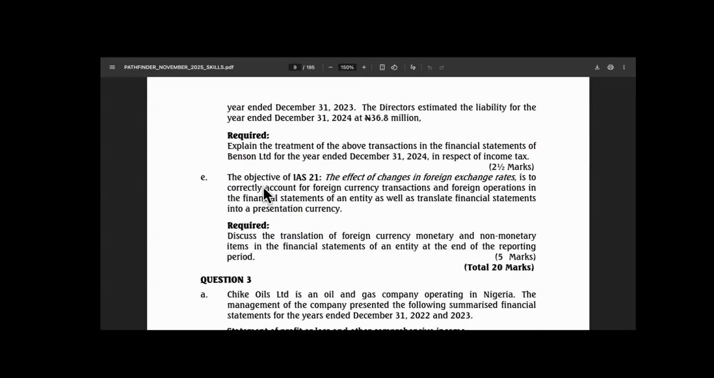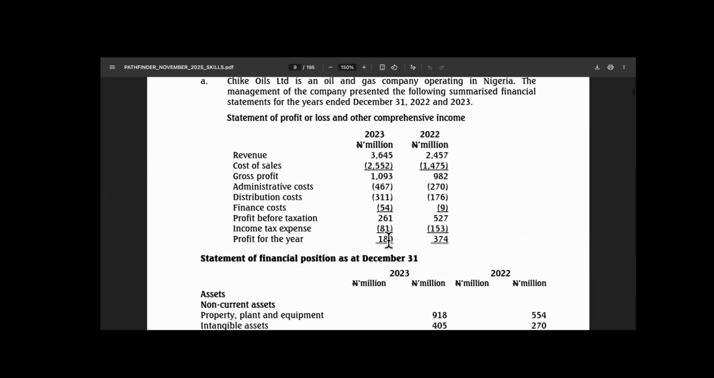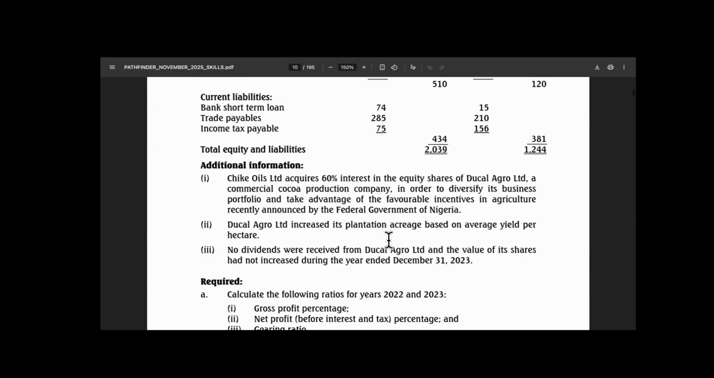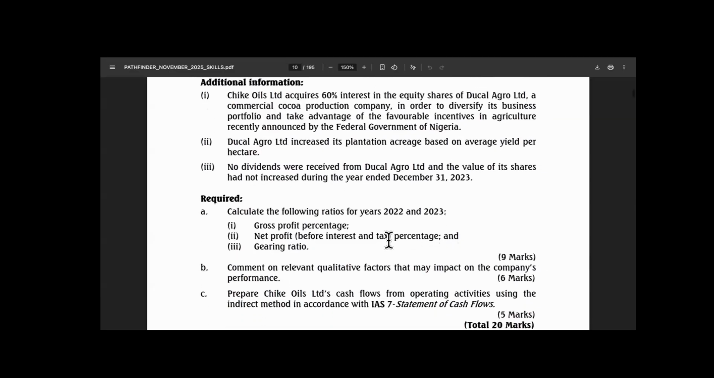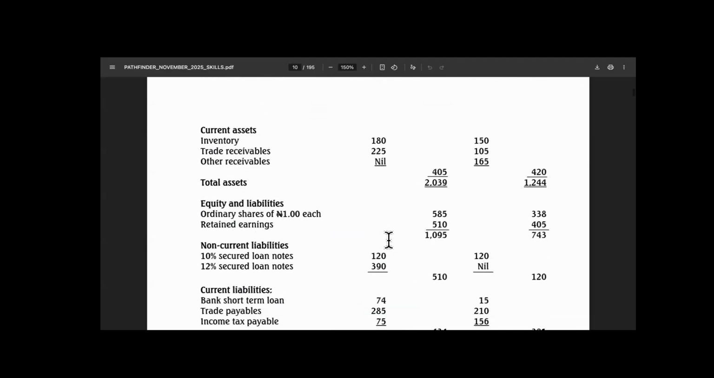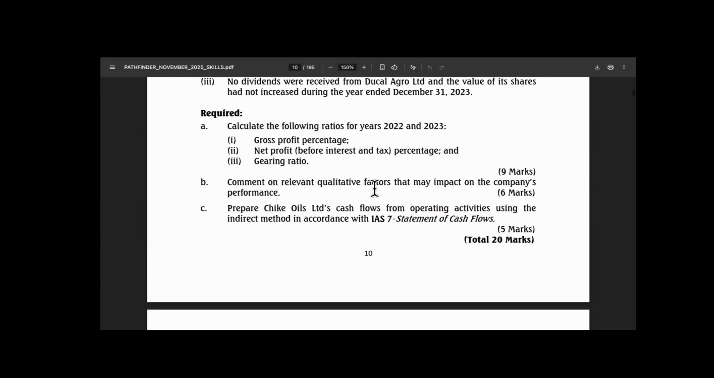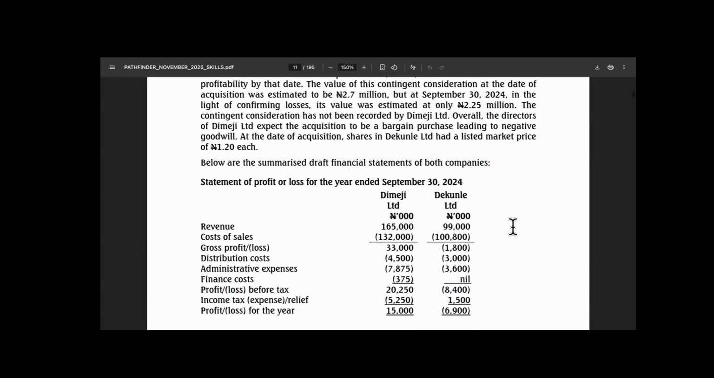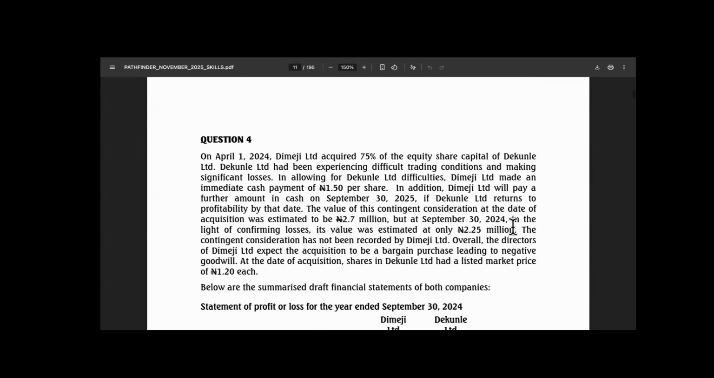So now this one, IS 21, hopefully we'll have the opportunities. This is in your syllabus, apparently. So 5 marks is quite. Then ratio, we solved this in the afternoon. This question 3, we computed all of this and we saw that this is actually simple. Then there were cash flows. Then question 4